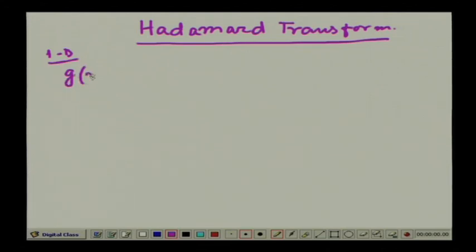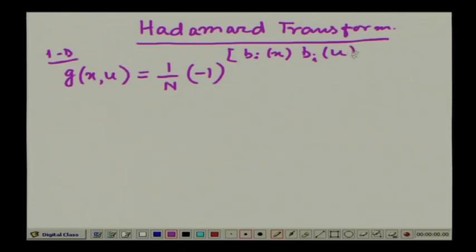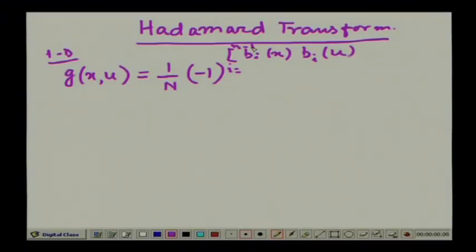The forward transformation kernel is given by g(x,u) equal to 1 upon capital N, minus 1 to the power summation b_i(x) into b_i(u), where i varies from 0 to lowercase n minus 1. So, again the capital N as well as lowercase n have the same interpretation as in case of Walsh transformation. And using this forward transformation kernel, the forward Hadamard transformation can be obtained as H(u)